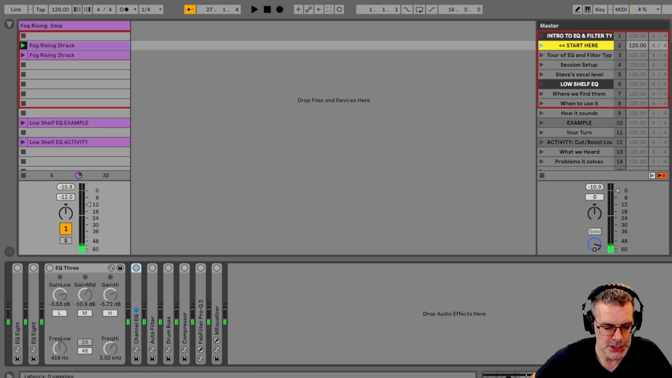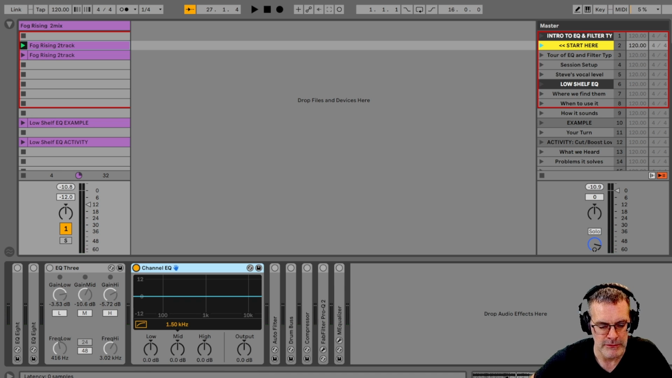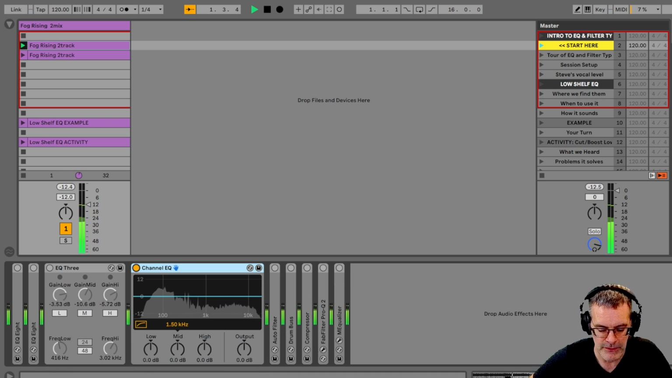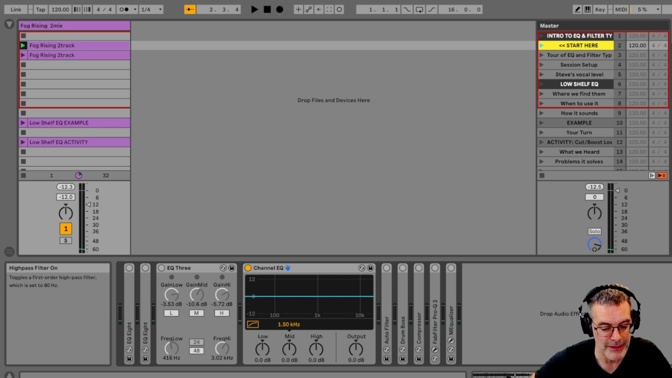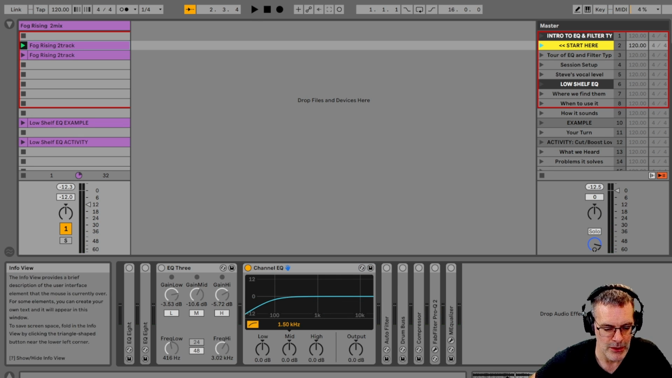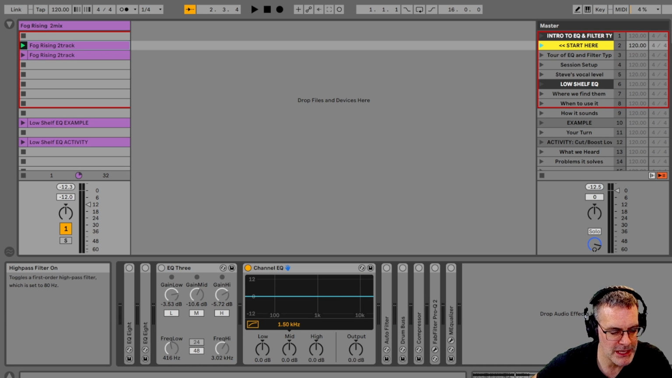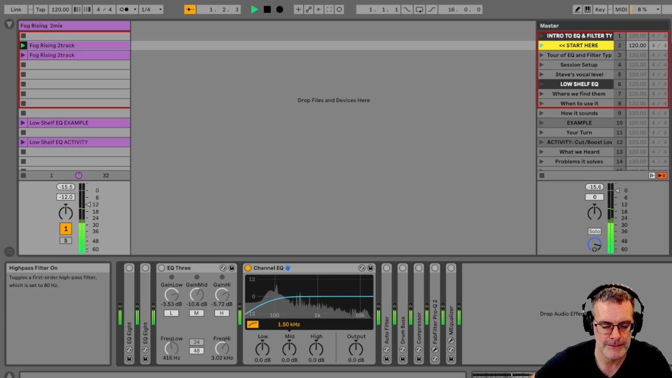What is in the channel EQ? This is kind of a fun one, a little bit of a newer device. First off, here's this little icon that looks kind of like that number 7 thing. High pass filter on off. This is choosing first order high pass filter, which is set to 80 hertz. So if you want to cut everything below 80 hertz, you can kick that in right there. Otherwise,